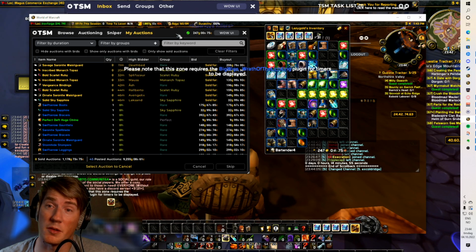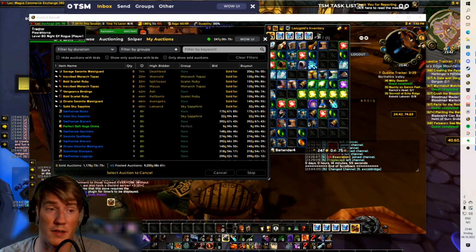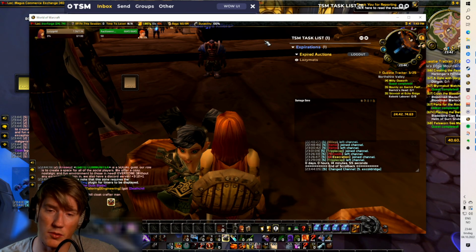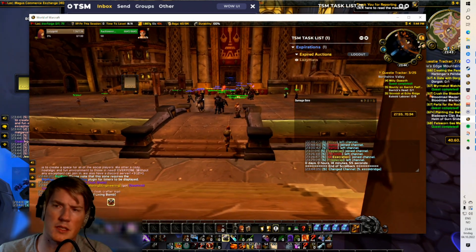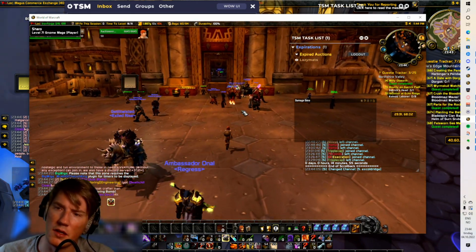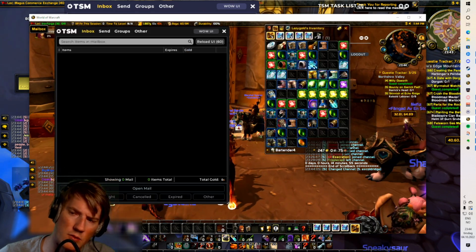Today we're going to talk about a market niche that I underestimated a little bit in Wrath Classic, something I've found has been fantastic. And it's rare armor, various pieces of crafted rare armor. Obviously we knew a little bit about some of them, like pre-raid best in slot gear, like the Vengeance Bindings, and it's been fantastic. But I underestimated the overall potential of this market a little bit, and as we'll see here,